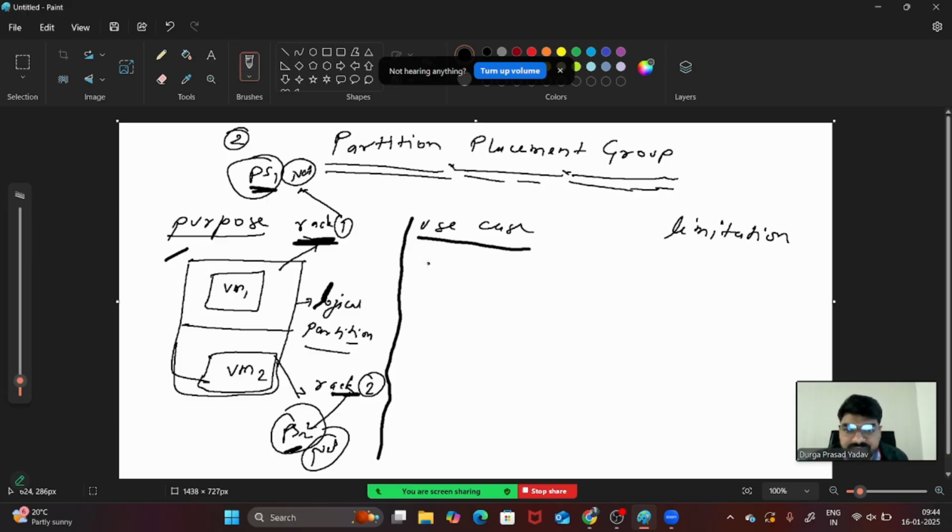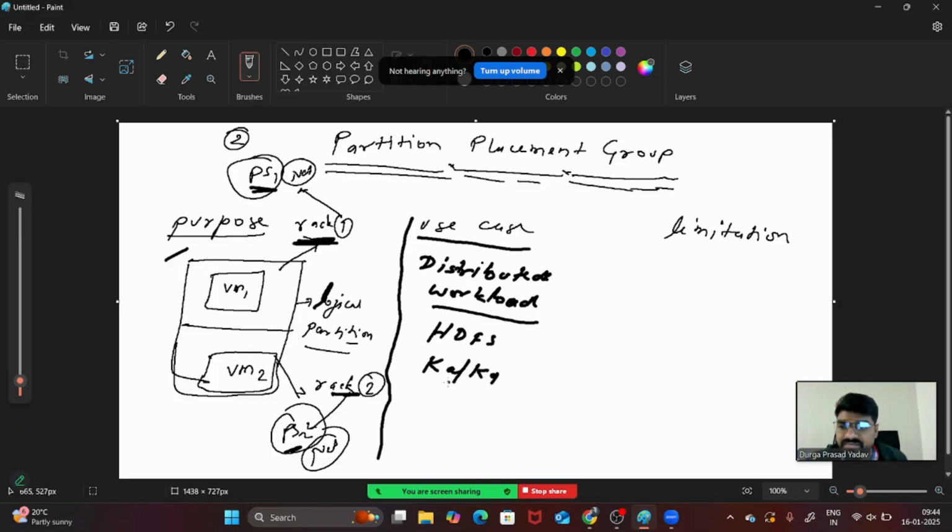And then what is the use case, guys? If you have a distributed workload, in that case you will use the partition placement group, like HDFS or Kafka.